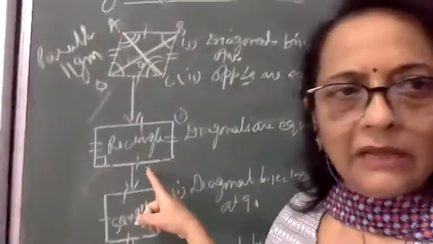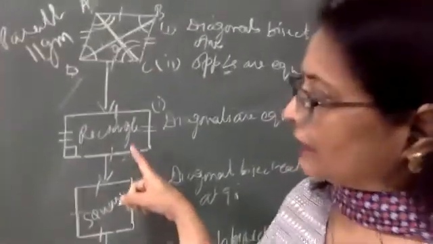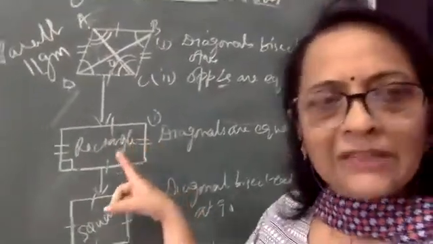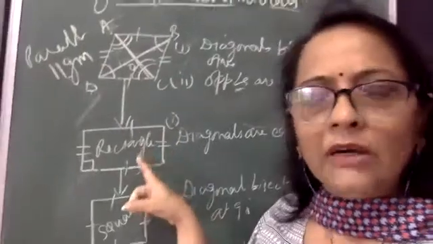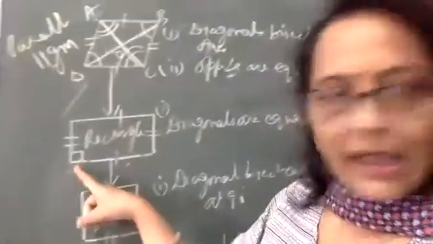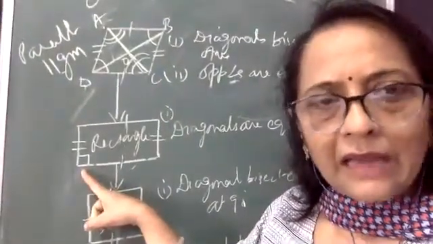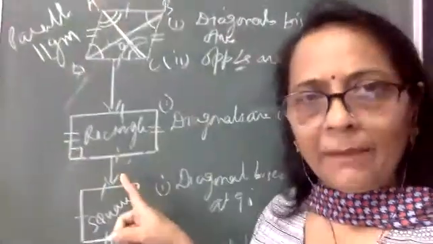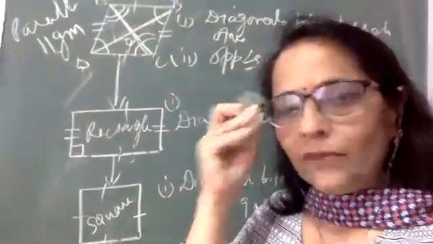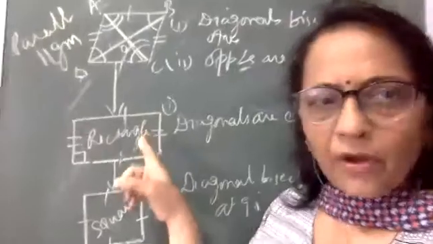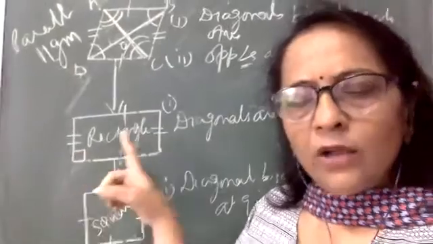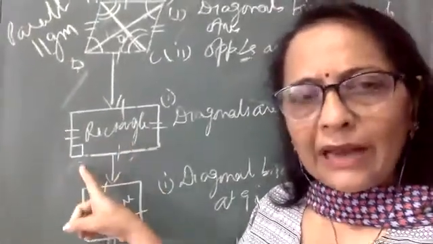The second type of quadrilateral is a rectangle. If you look here at the rectangle, it has its opposite sides equal, right? And this pair is also equal. So if its opposite sides are equal, we can also call it a parallelogram. What is the difference between a rectangle and a parallelogram? One of the angles is marked here as 90 degrees. So now the modified definition of a rectangle becomes what? A parallelogram with one angle 90 degrees is called a rectangle. Here it is a parallelogram because opposite sides are equal, but if one angle is 90 degrees, then it will become a rectangle.